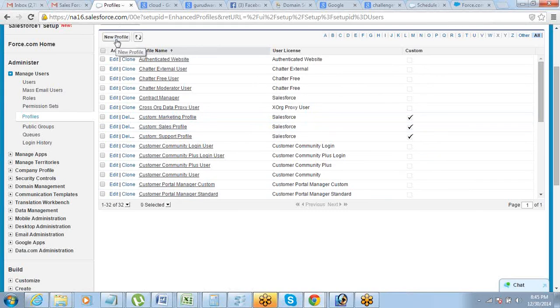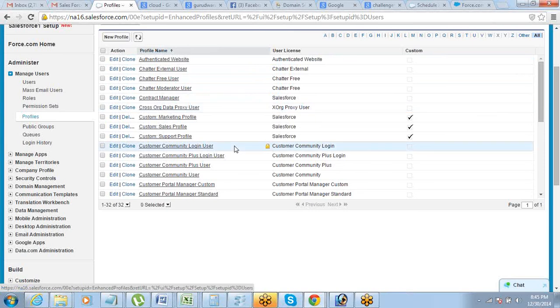Okay. So first thing, if you can manage with the existing profiles, it's fine. If you think that, okay, fine, you cannot work with these profiles, you need something else, you can always go ahead and create a new profile. So when you create a new profile, you will have to select one of these profiles to clone it from. The moment you try to create a new profile, you just have to select one of the existing profiles so that Salesforce clones it from that existing profile, and then you can make all the changes.